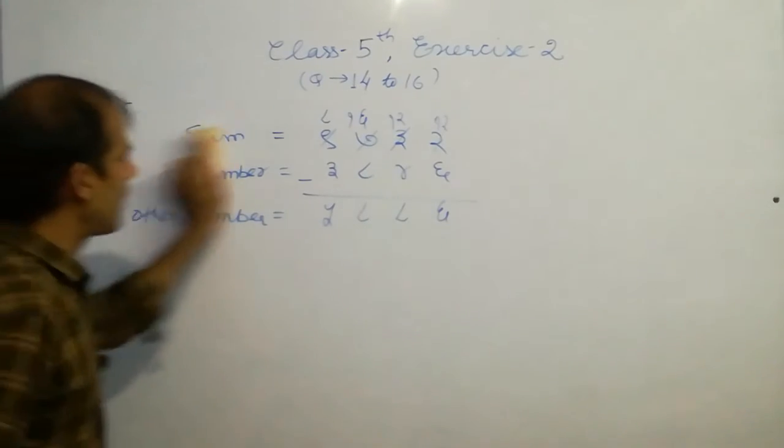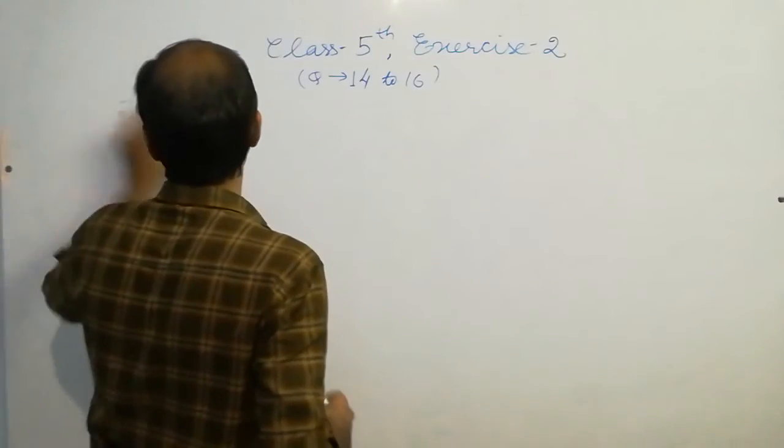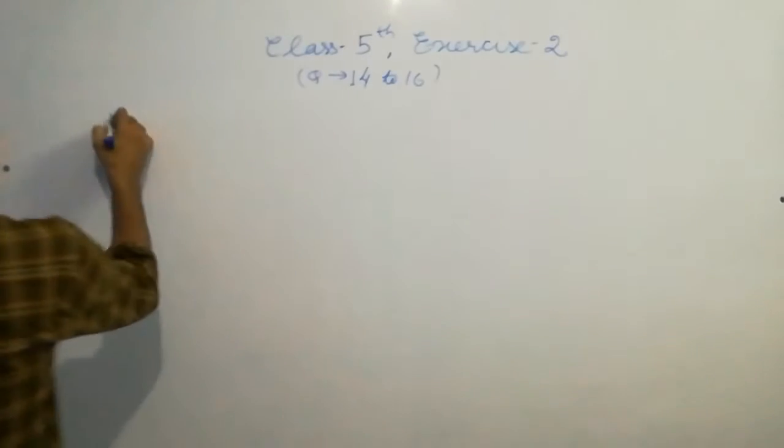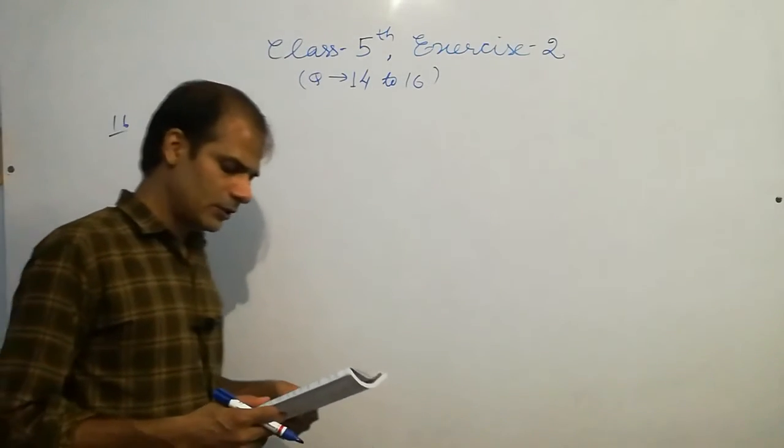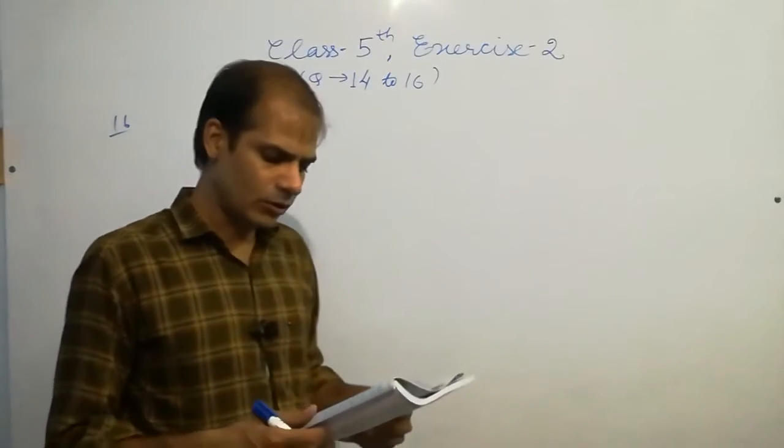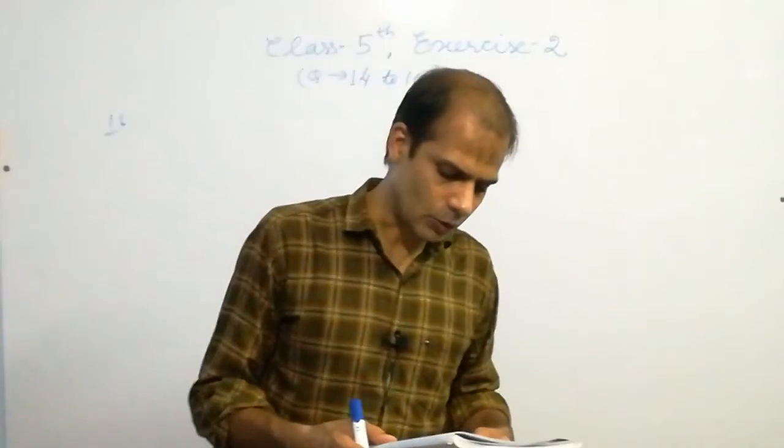And I am going to solve the 16th question. The question is not last, okay, not last. 125 meter cloth is required to make 3 curtains and 286 meter cloth is required to make 5 canopy. Find the total length of cloth.